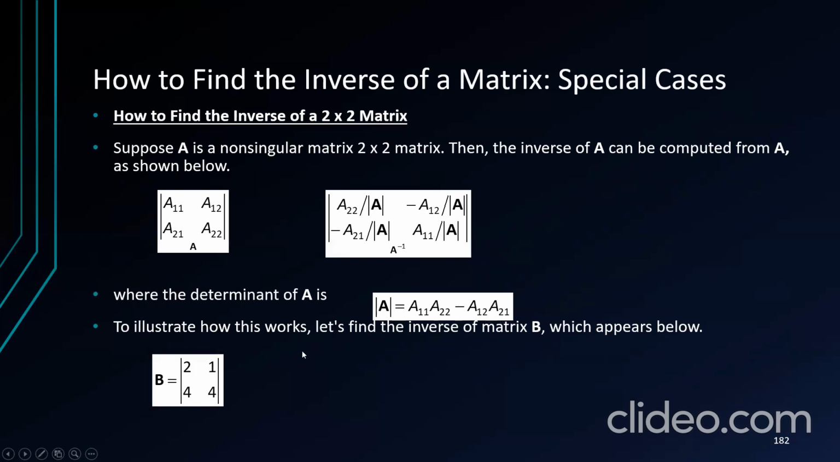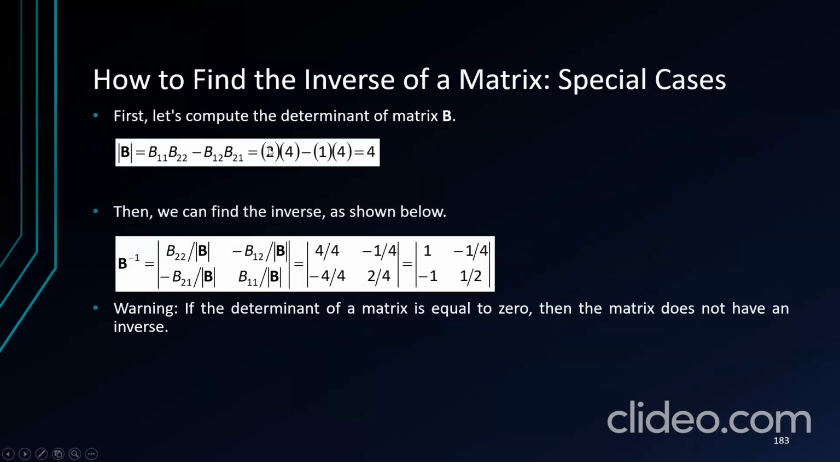To illustrate how this works, let's find the inverse of matrix B which appears below. So B is 2, 1, 4, 4. First, let's compute the determinant of B as B11 B22 minus B12 B21, which is 2 times 4 minus 1 times 4, which is 4. Then we can find the inverse as shown: B negative 1 is B22 over determinant of B, negative B12 over determinant of B,